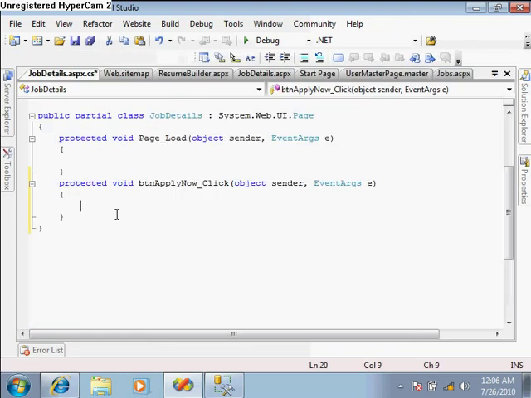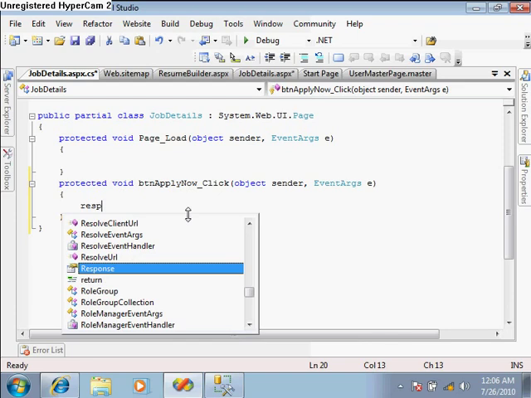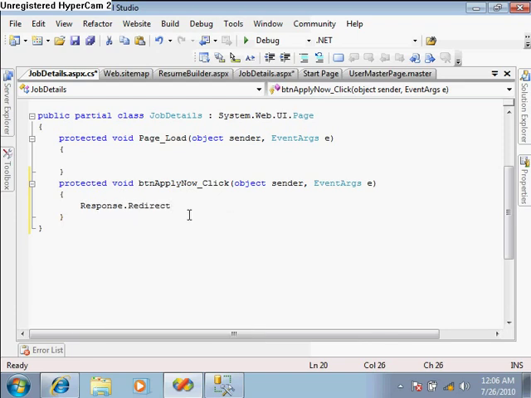Now double click on this and create a click event handler for this, and write Response dot Redirect to the resume builder dot aspx and take the id equal to